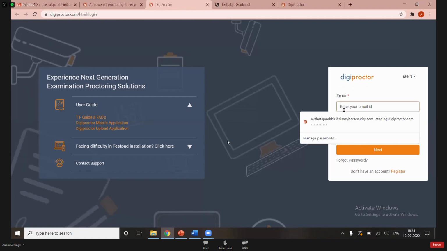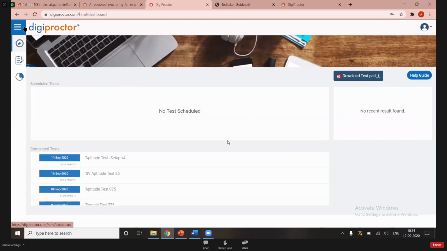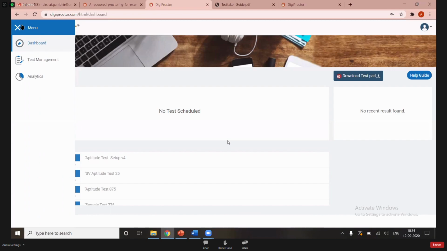Now, first time logging into your account, you must have got access to the same. If not, do a forgot password and gain access to your account. First time when you log in to your account, you have to use a laptop or a desktop with a web camera only. This is how your account will look like. For the first time, whenever you go into it, it will ask you to click a live picture. What is a live picture? We have received your images from the university itself, but we need to validate that your cameras and the devices are properly working. So we ask you to click a live picture of yourself.